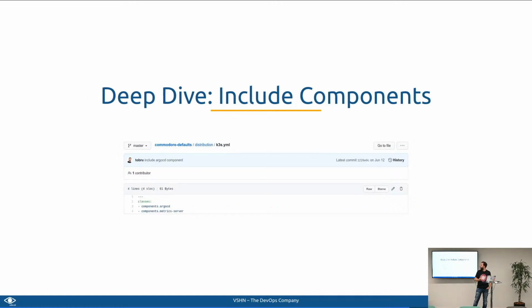Then an example here, it's a bit small, but you can see it on GitHub as well. You see here, for example, a definition for a K3s Kubernetes cluster. And this one includes, for example, Argo CD and the metrics server. But with this definition, you could also include other components as well, if you want.